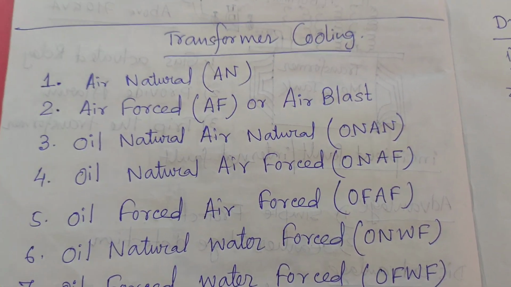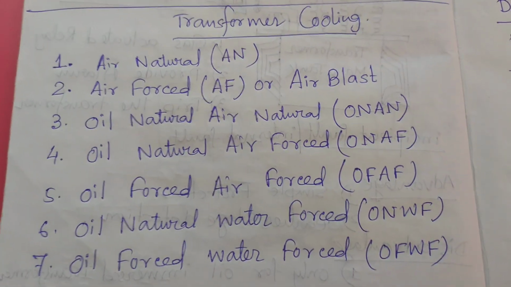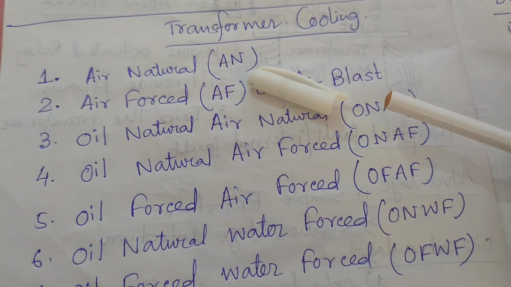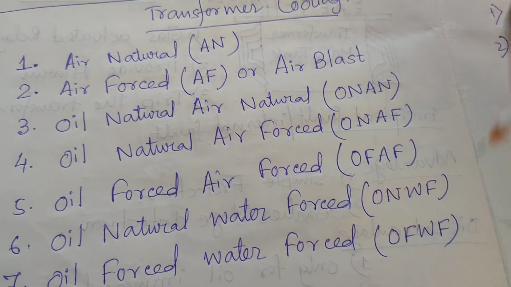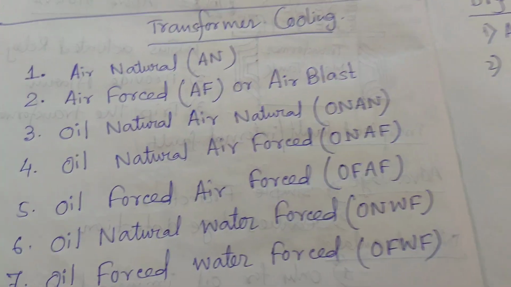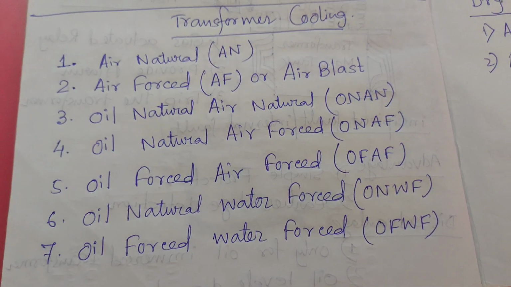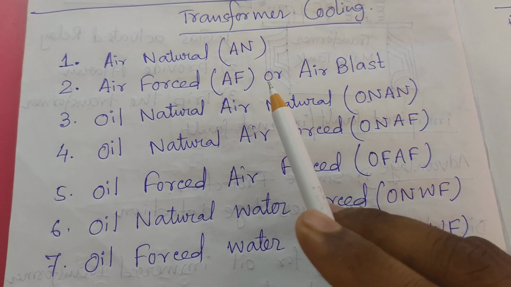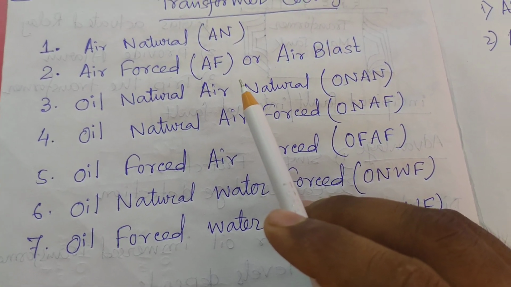Today the topic we are discussing is most important related to power transformers and different types of transformers. So, the cooling systems. What are the cooling systems? Cooling is a very important thing for any heating element within its range. Cooling is the most important matter related to decreasing the heat so it does not reach the maximum point of fire.